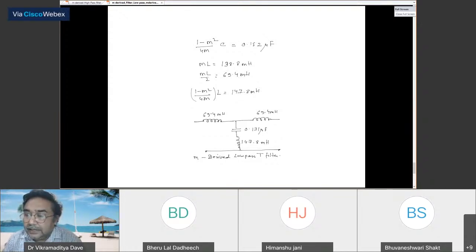I think so it is very clear. Is it clear how to find out the m-derived low pass filter? Is there any problem? You just can write down in the chat box that if there is any problem in the understanding that